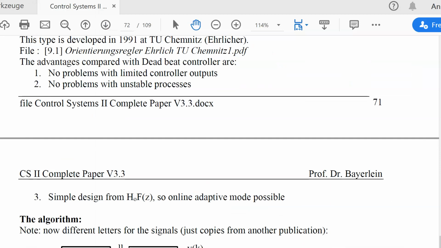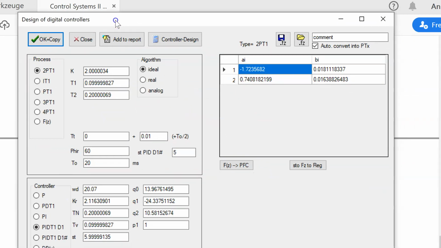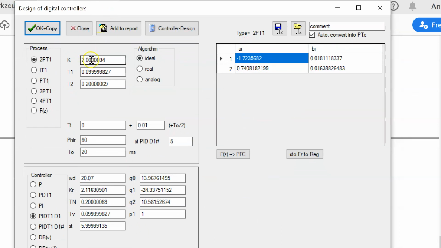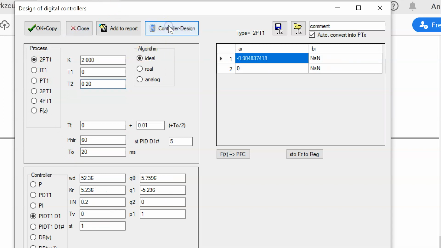So hardware simulator is okay. Then the controller design is also made with K is 2, 100 milliseconds, 200 milliseconds for 2PT1. Ideal algorithm is designed,